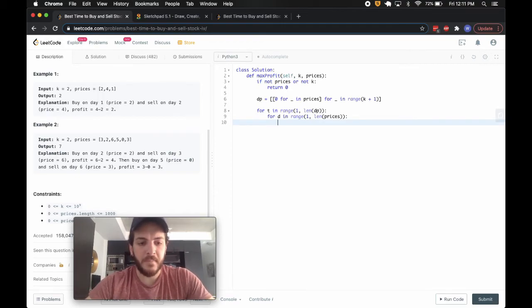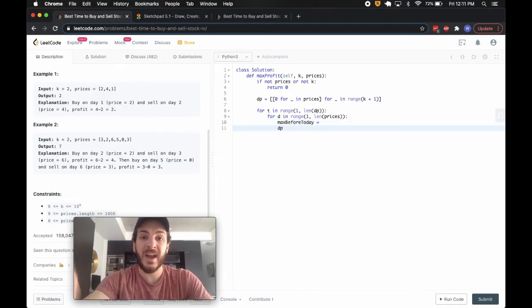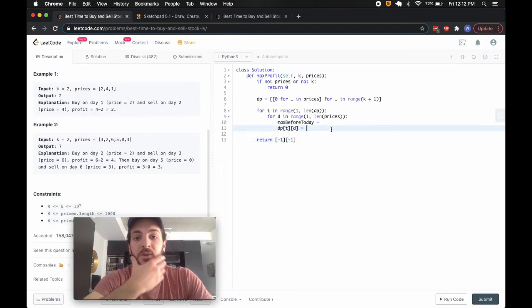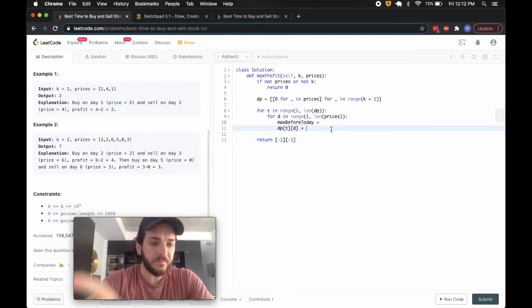Now, let's talk about this. There are 2 things we want to calculate. One is going to be the maximum before today, and we're going to set that equal to something. And then once we have that, we're going to set our DP table at t, d equal to another calculation. And once we actually figure all this out, we're just going to return the last item that we had in the table, kind of like how we did here. This 7 would be our result. So how do we figure both of these out? Well, let's